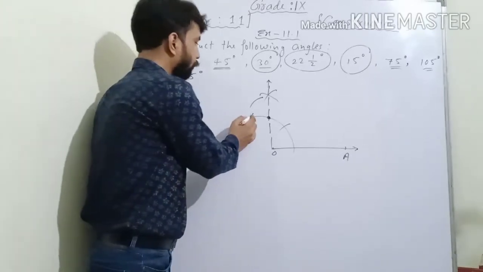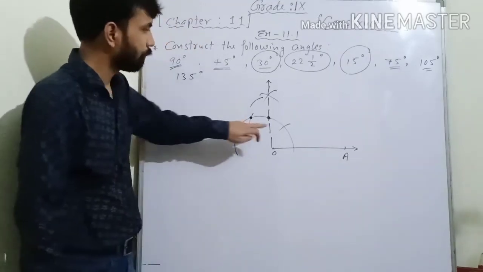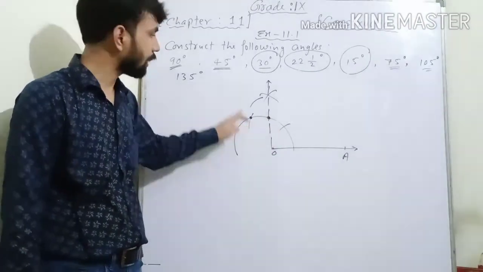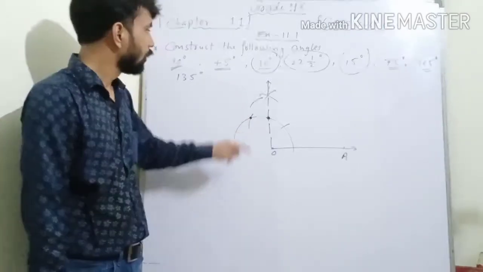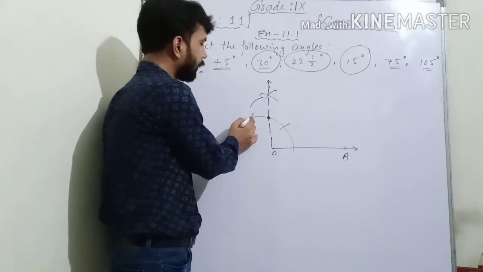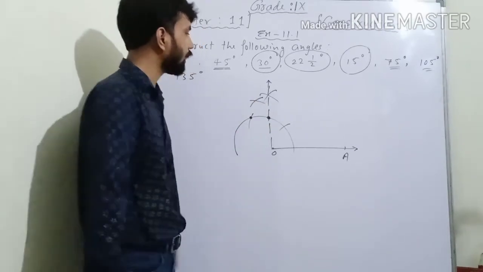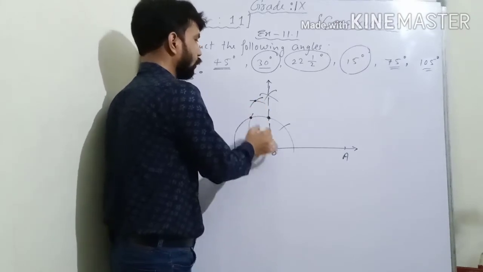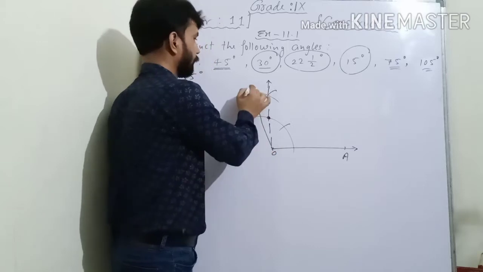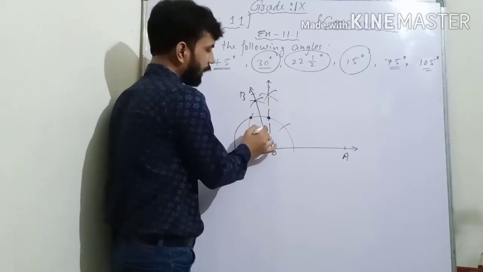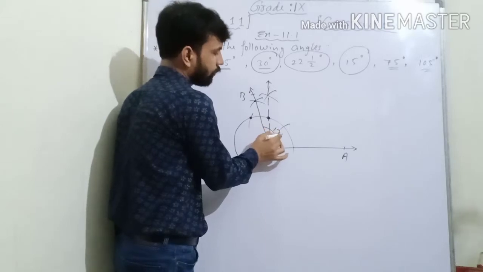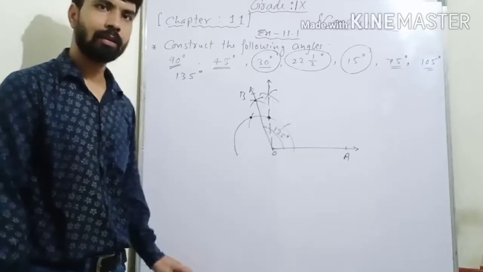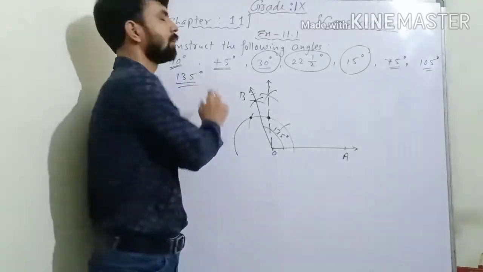Now put your compass on this 120 arc. The very first arc, of 90 degrees, is of 60 degree. The second arc, this is the measurement of 120 degree. Clear? So here, now we will put our compass at 120 and construct another arc like this. Where these two arcs intersect, join this point to O. This point is B and this whole angle is of 135 degree. Clear? Good. Last angle is 135.